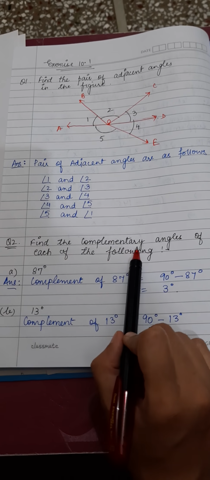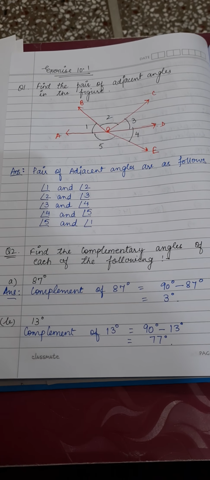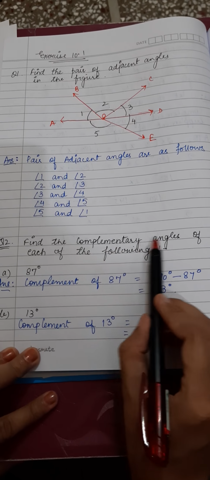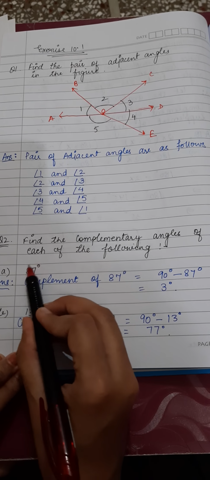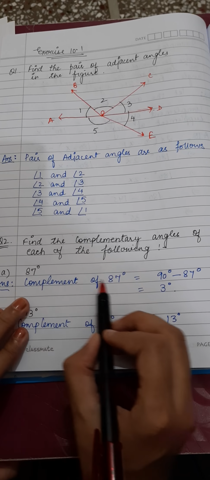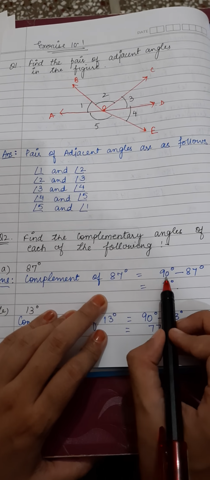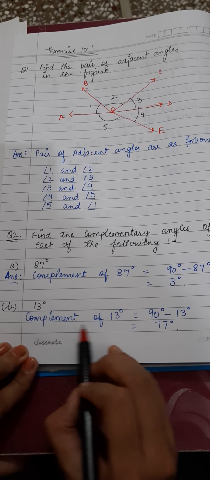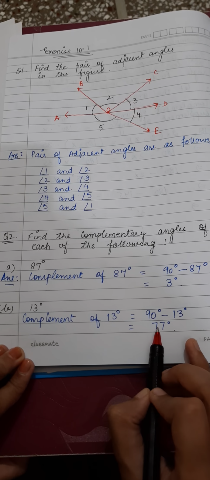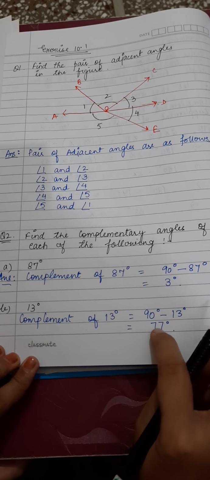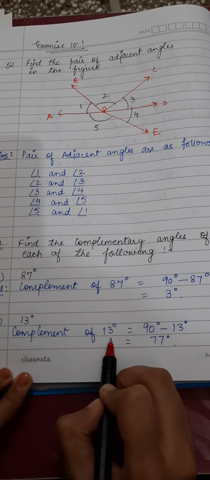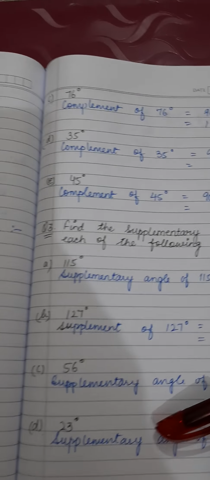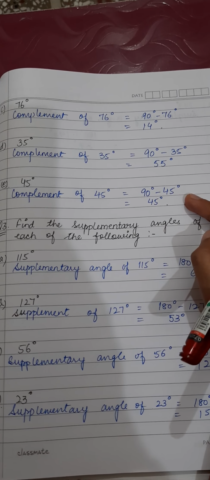Now question number 2 is you have to find the complementary angles. I have just explained you. I'll be doing 2 parts and the rest you'll be doing by yourself. You have to find the complement of 87. Of course, to find the complement of this number, I am going to subtract this number from 90. And what will be the complement? 3. Similarly of 13. If I have to find the complement of 13, you have to subtract it from 90, because the sum of these 2 angles has to be 90. So if one is 13, then the other I can get by subtracting from 90. Okay. Next, C, D, E parts, try by yourself.